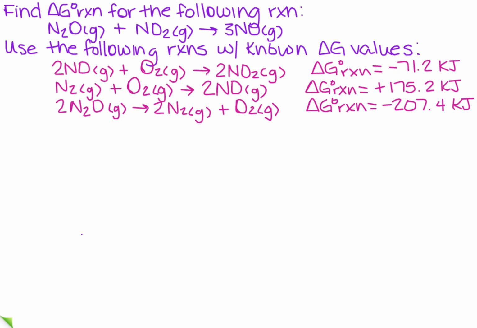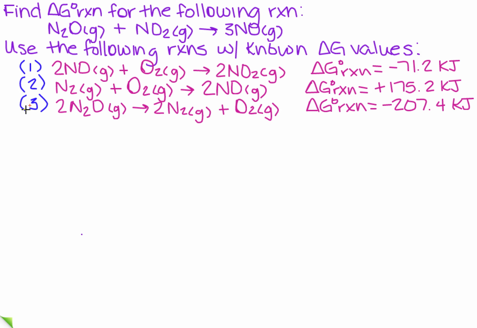We want to find delta G of the reaction for the following reaction. So they've given us what we need, and they want us to use these reactions with these provided delta G's of the reaction. Now, if you think about this, it should remind you of when we did Hess's law back in General Chemistry 1. What I want to do first is number these equations, because remember you can only use each equation one time